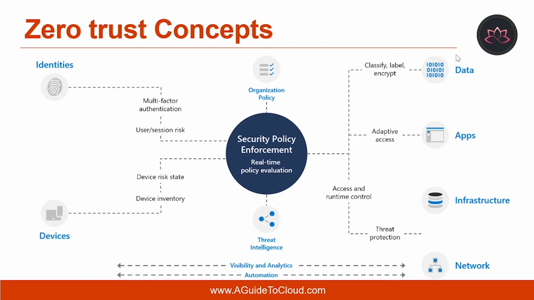The third component is data. Move from perimeter-based data protection to data-driven protection. Use intelligence to classify and label data and encrypt and restrict access based on organizations' profiles. The next component is applications. You need to discover the shadow IT and ensure appropriate in-app permissions, gate access based on real-time analytics, and monitor and control user actions.